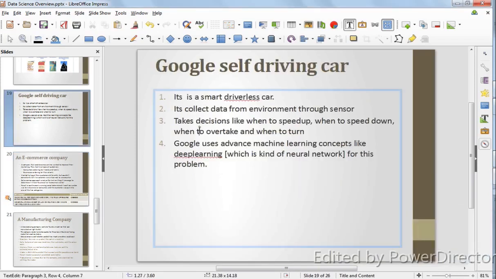Hi, let's try to understand data science with another example, that is the Google self-driving car. You might have heard that this is a smart driverless car. It doesn't have any driver in it, and it is driven by automated